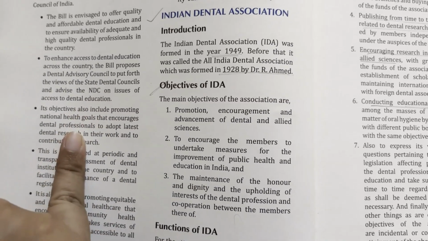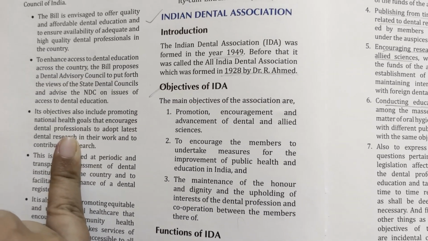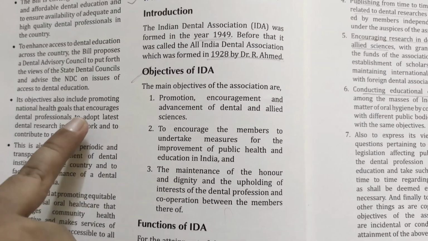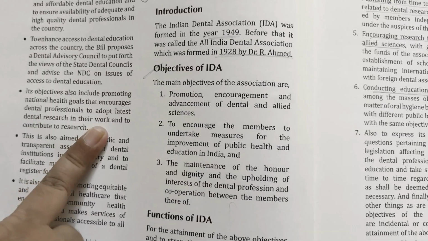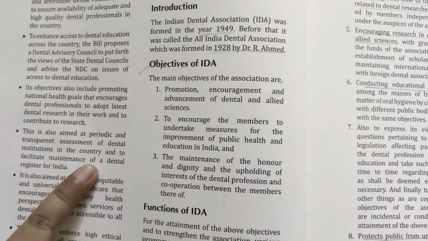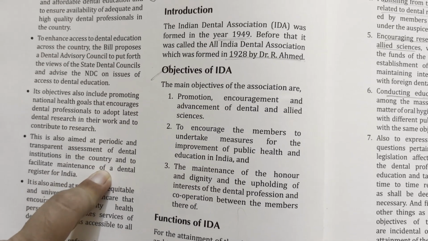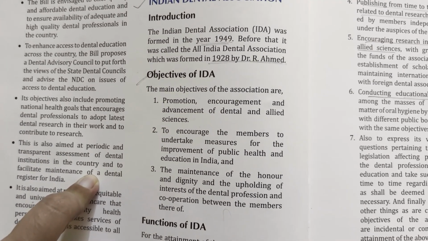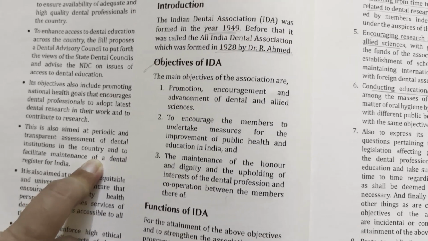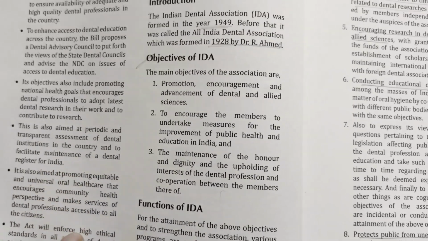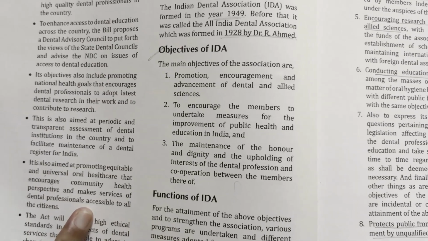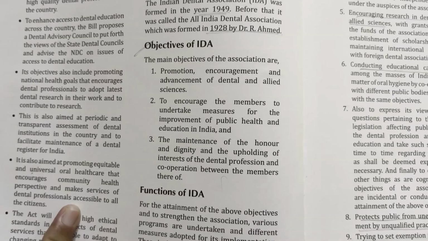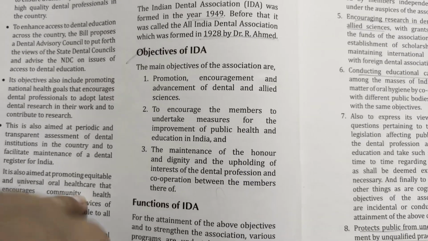The third objective is that research should be promoted and dentists should stay updated and become modern dentists. The fourth objective is that dental colleges will be checked regularly and a transparent system will be maintained. Okay. The fifth objective is that there should be equal health care for all, with focus on rural as well as urban both. Dentistry should reach every citizen.